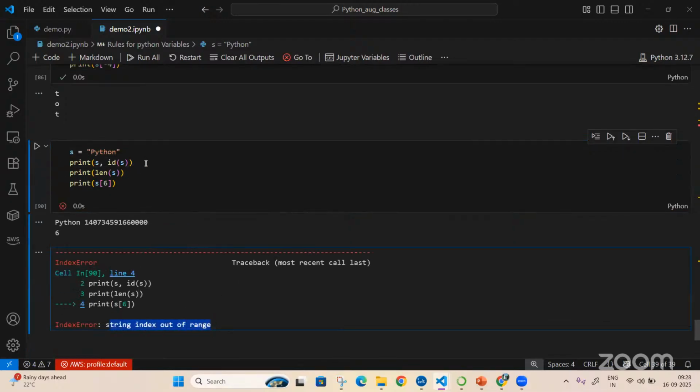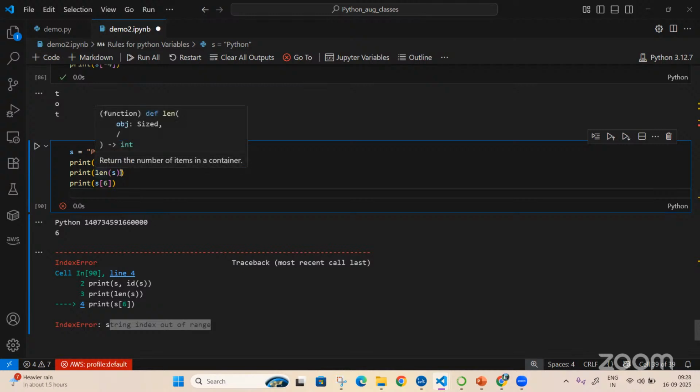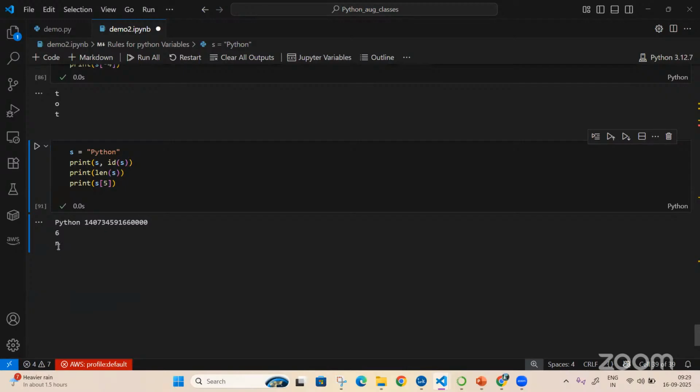That means I cannot find that particular index because my values are stored only between 0 and 5. That is the length of the string minus 1, because my starting value is 0. That's the reason the last value will always be length minus 1. If I had given index 5, I would have got my last value.